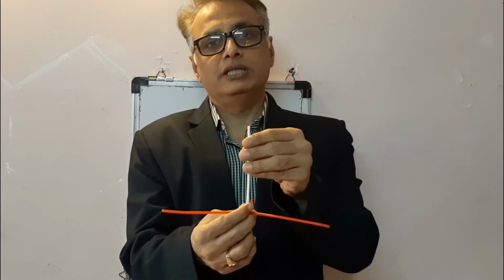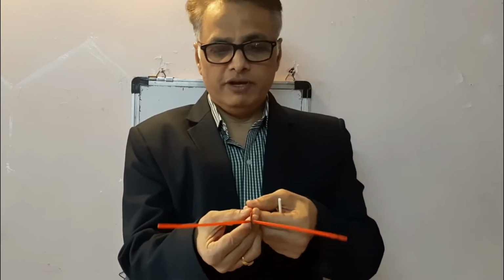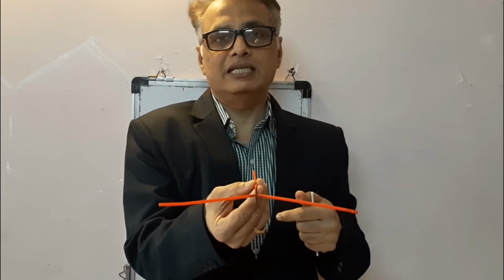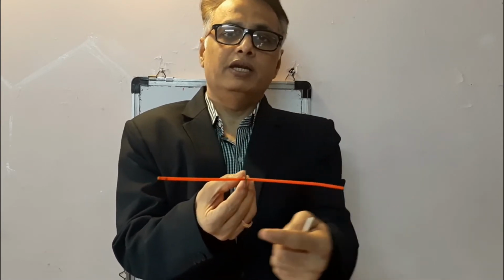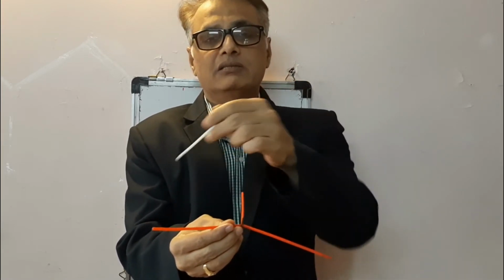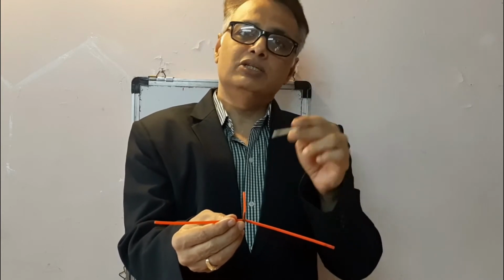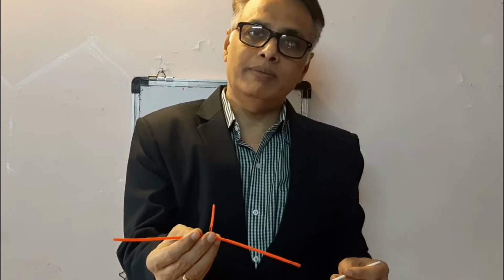In addition to the C3 axis, there are 3 C2 axes in the plane of the molecule. If we consider this B-Cl bond as an axis and it is rotated by 180 degrees, then 2 is shifted to 3 and 3 to 2. Another rotation by 180 degrees gives the original configuration. Similarly, if we consider this B-Cl bond as an axis, this is also named as a C2 axis, and this one is also named as a C2 axis.